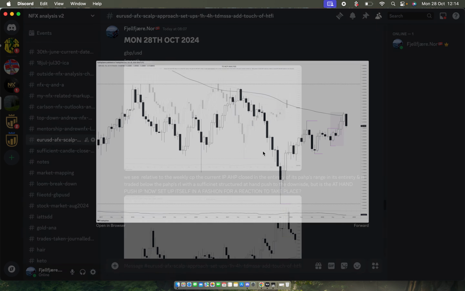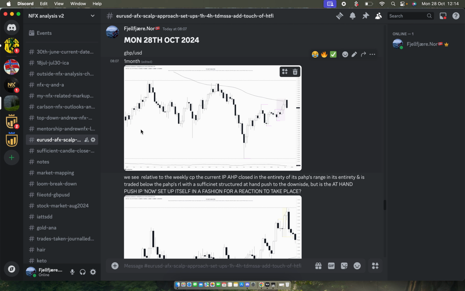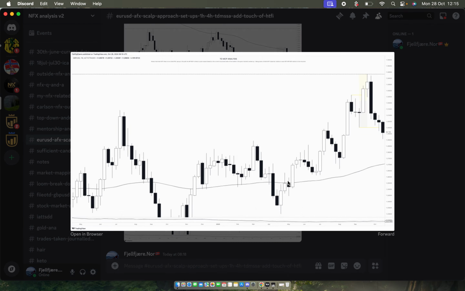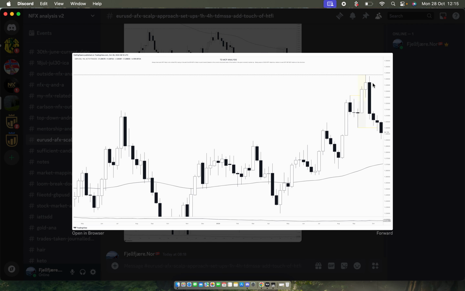So the monthly chart, I'm not going to click on the things, I'm just going to read over them. We see relative to the weekly chart perspective, the current in-play atom push closed in the entirety of its previous atom push's range, no, this is the weekly. And it's traded below the previous atom push's range low, with a sufficient structured atom push to the downside. But is the atom push in play now set up itself in a fashion for reaction to take place? No. Because even though it's closed in the entirety of its previous atom push's range and traded below the previous atom push's range low,